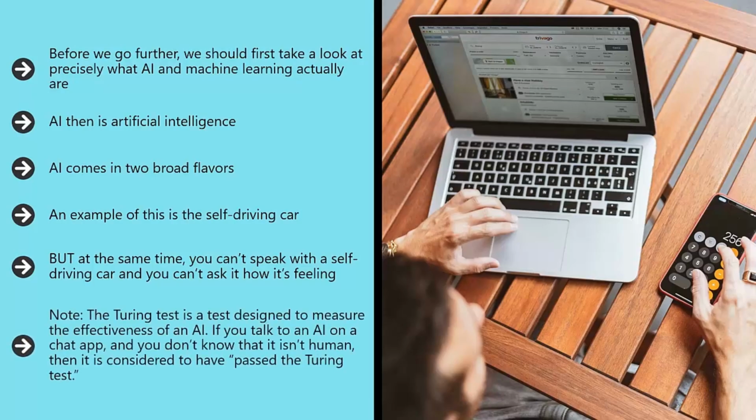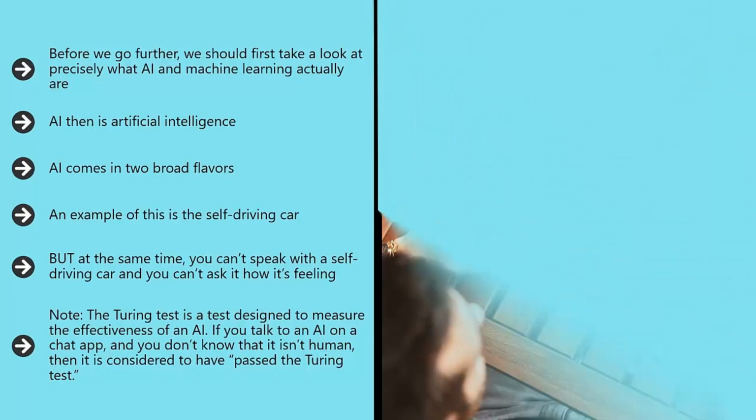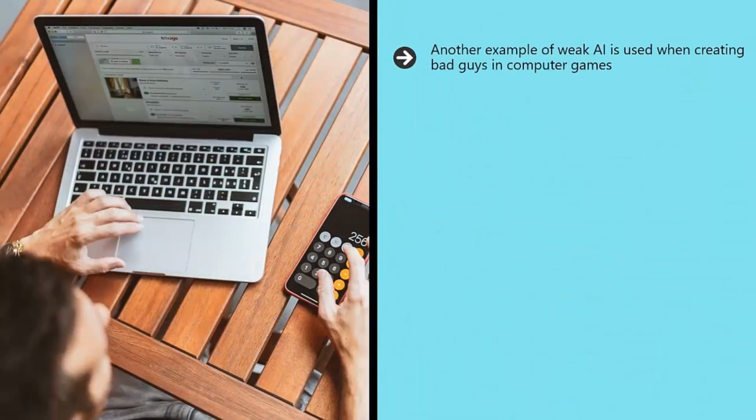Note, the Turing Test is a test designed to measure the effectiveness of an AI. If you talk to an AI on a chat app and you don't know that it isn't human, then it is considered to have passed the Turing Test. Another example of weak AI is used when creating bad guys in computer games. These use programming in order to behave in a human-like manner and to provide a challenge for the player. However, the code is only useful in the context of the video game,